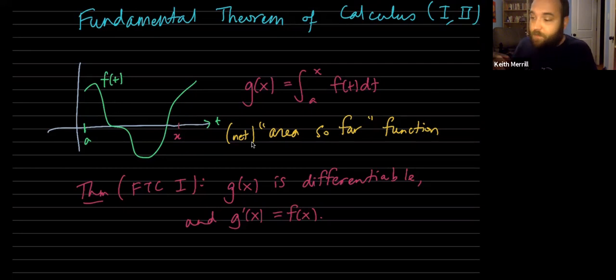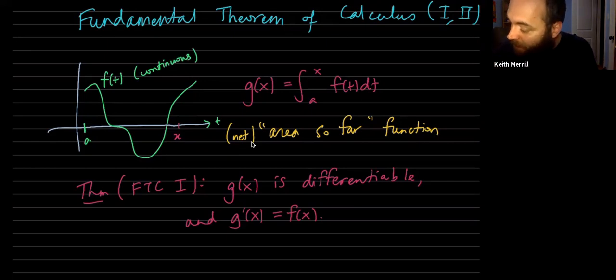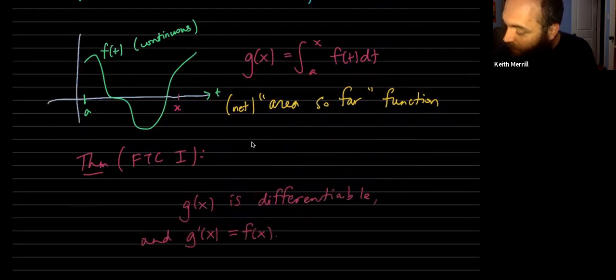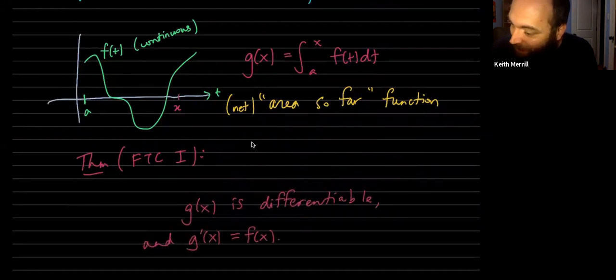We need f to be continuous for this. I guess I should have said that if I were stating the theorem a little better. I don't want to rewrite all that though, so hold on, I'm going to cheat. I love the iPad. Let me move it down here, and I'm going to say, here we go: if f of x is differentiable, sorry, continuous, if f of x is a continuous function